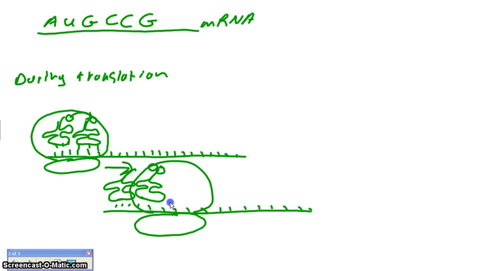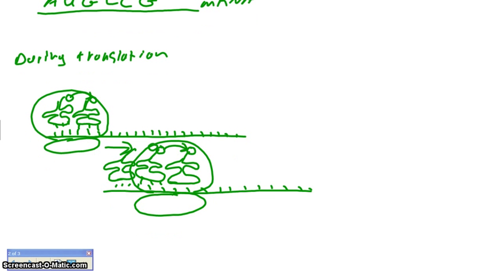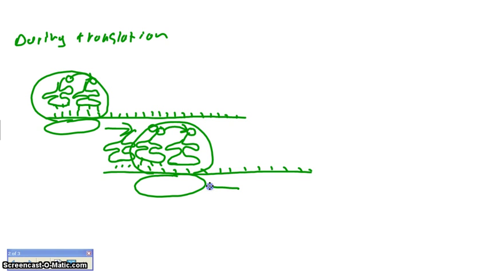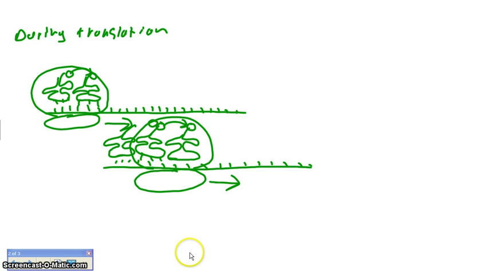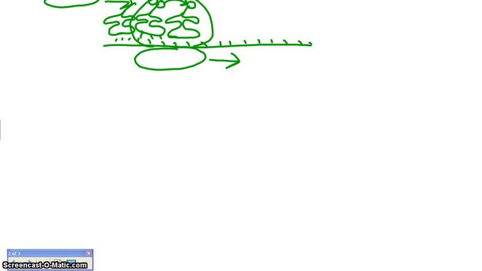So then we're going to have another tRNA. Oh, and by the way, there are of course anticodons. So another tRNA comes in, and it's going to have an amino acid, and then we're going to transfer these 2 onto that one, and so on and so forth. Then the ribosome is going to move down, and this tRNA is empty and it moves out, so that eventually, after the process of translation,